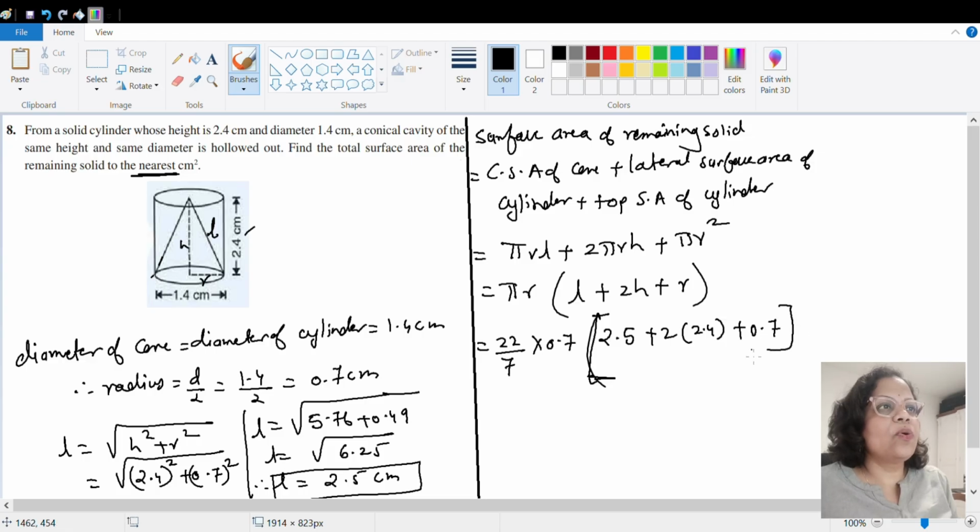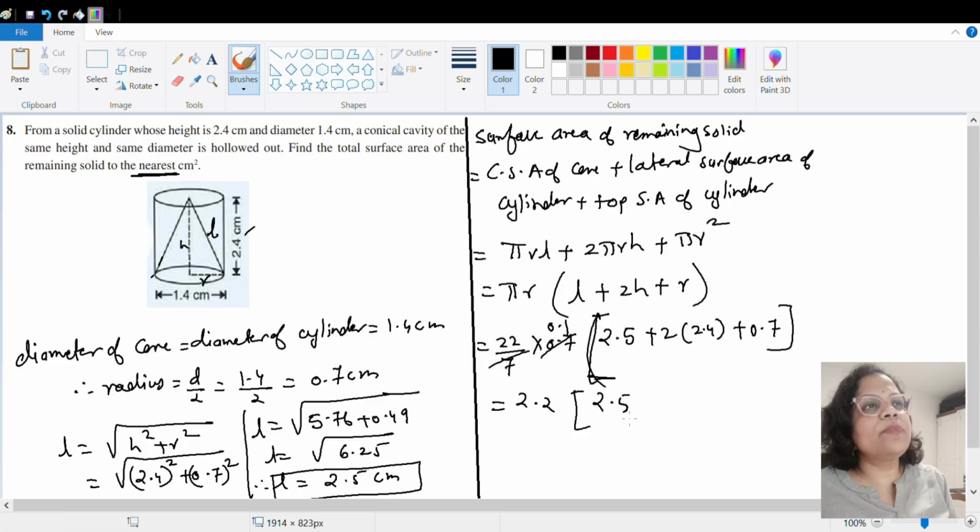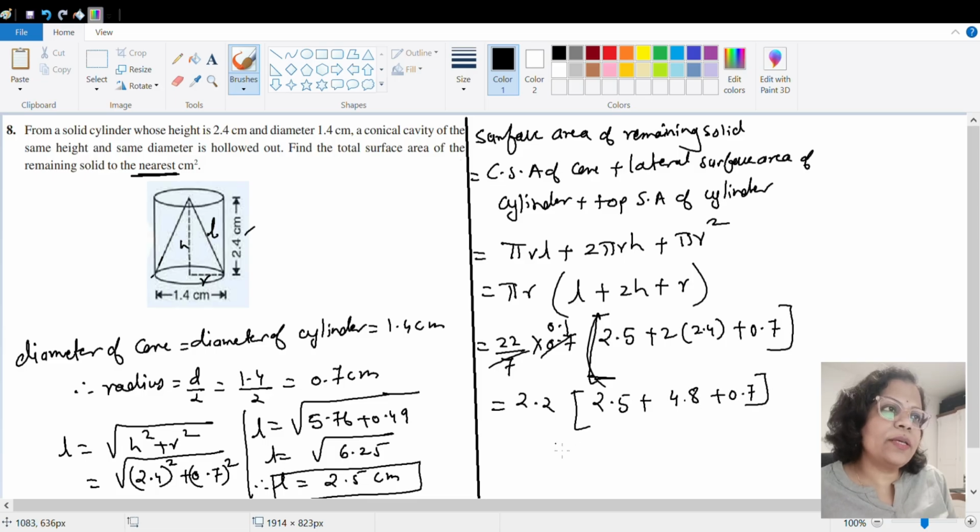Okay, so this goes, you will get 0.1. So 22 into 0.1 you will get 2.2. This is 2.5 plus 4.8 plus 0.7. Okay, so this becomes 2.2 and if you add this,